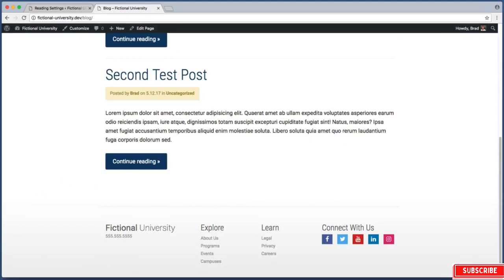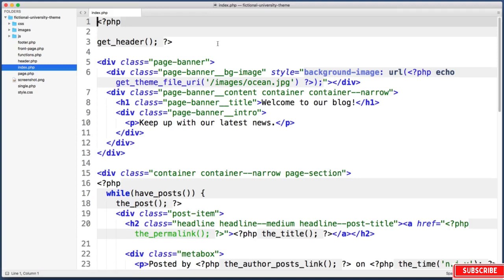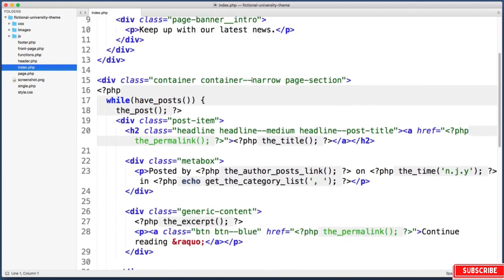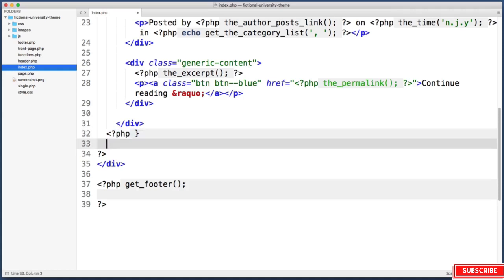Let's jump into our text editor and in your theme folder, open up index.php and we want to add the links at the bottom of the page. So let's scroll down to the bottom of this template and let's add the links right before this final closing division, so that way the links are still horizontally centered within this container division. So right above this closing div line, I want to write a bit of PHP. Now I could open up PHP again, but I can see that it's already opening and closing here. So why don't we just add a new line right below this line,